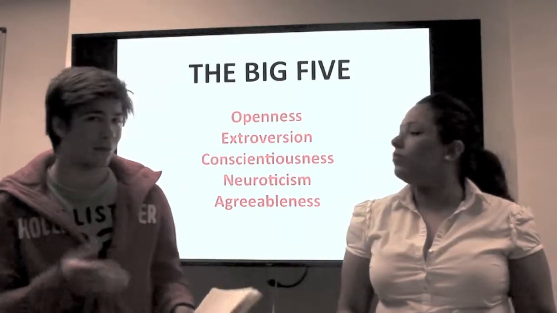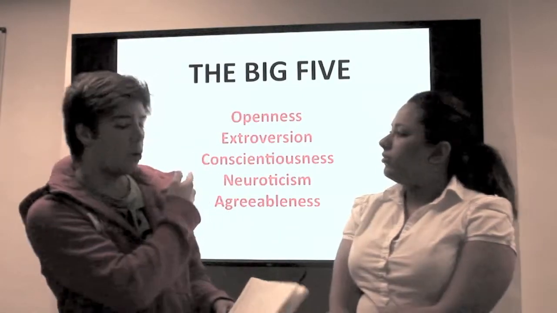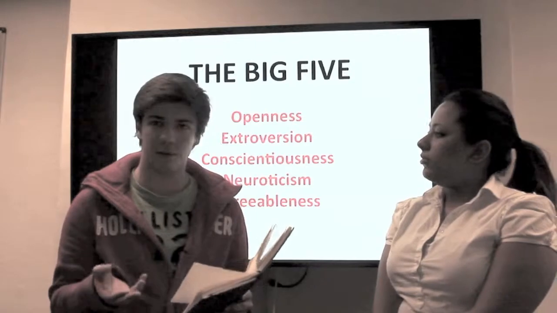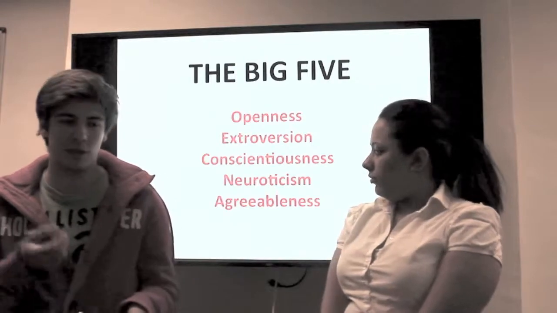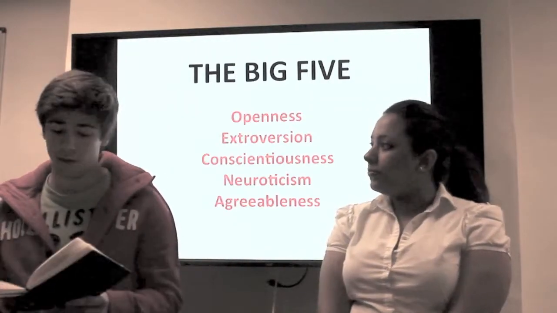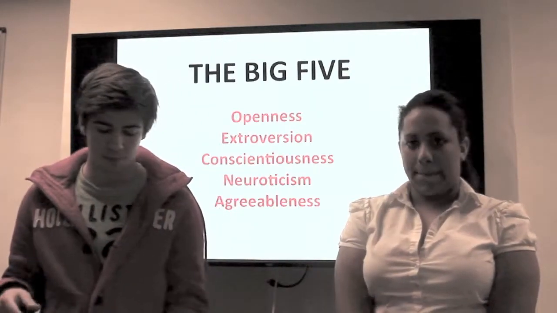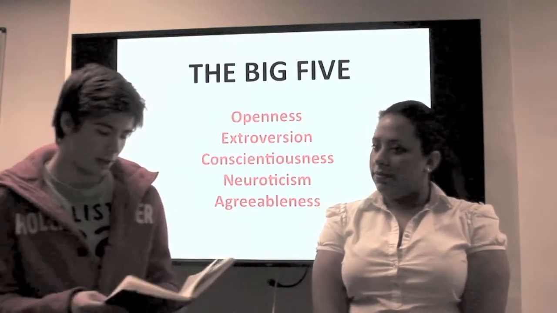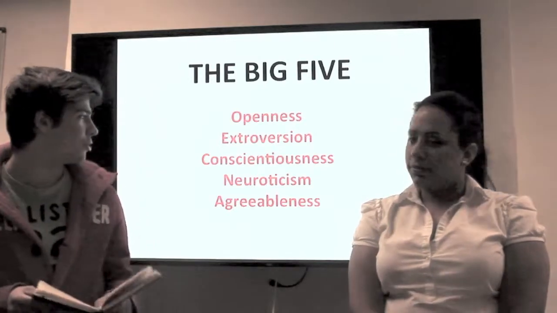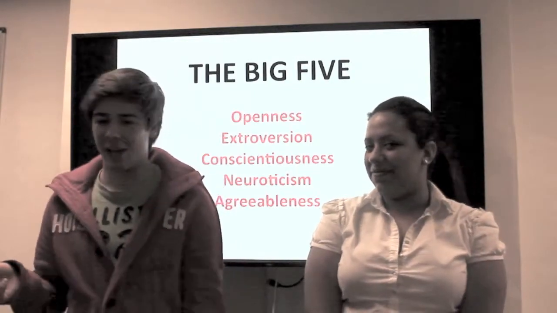And basically the Big Five, as it implies already, has 5 factors, the first one being openness, which basically tells about the person that he's very curious about things, likes a variety of experience, and is very creative. Then the second one is extroversion, which basically means the person is highly energetic, sociable, and a positive thinker. And the third one is conscientiousness, and basically that means that a person is very disciplined, organized, and dutiful.